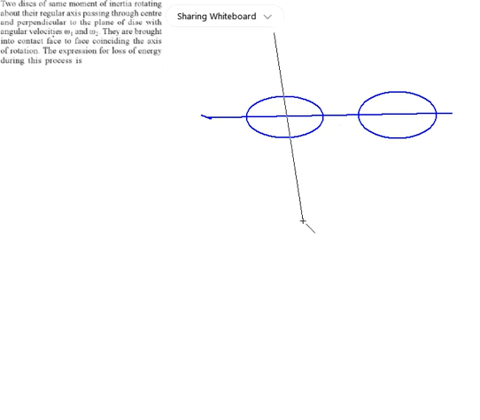Now I am drawing the axis about which these discs are going to rotate in red color. You are able to see. Initially, they didn't give the direction, so I'm just drawing a direction for myself. So one has an angular velocity of omega 1 and the other has an angular velocity of omega 2. Both of them are going to be rotating like this. They are talking about the moment of inertia, and they said that both of them are going to have the same moment of inertia I.